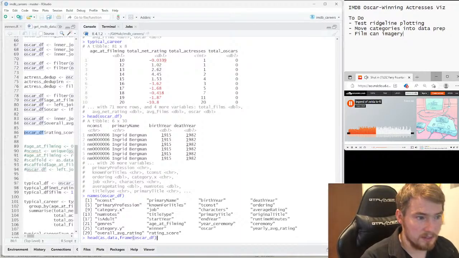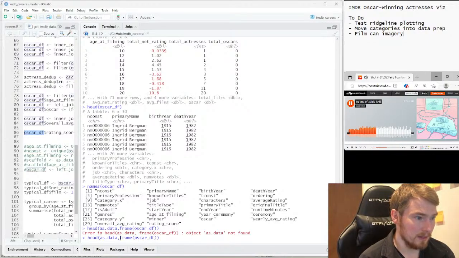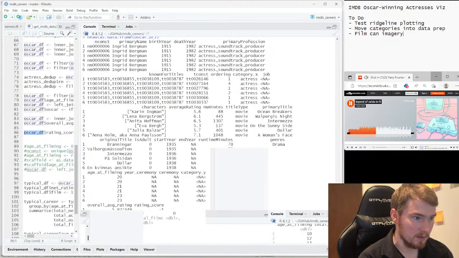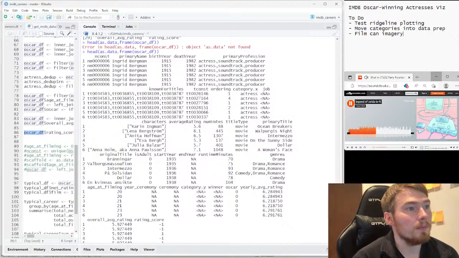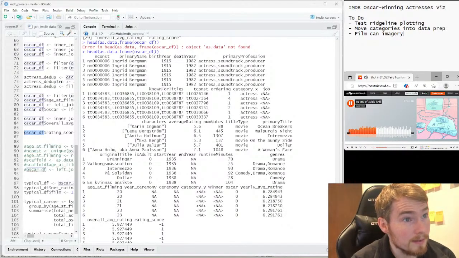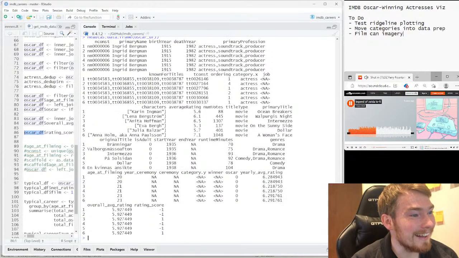So if I say as data.frame, okay, this gives us an idea. I've got to clean this up.